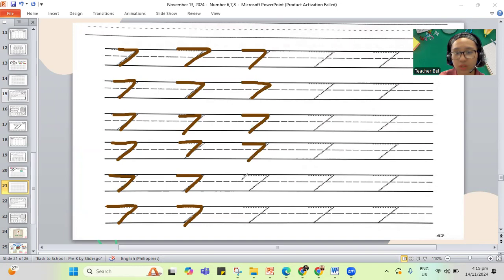Let's continue tracing for your number 7. Continue tracing. You have your number 7. Some more.